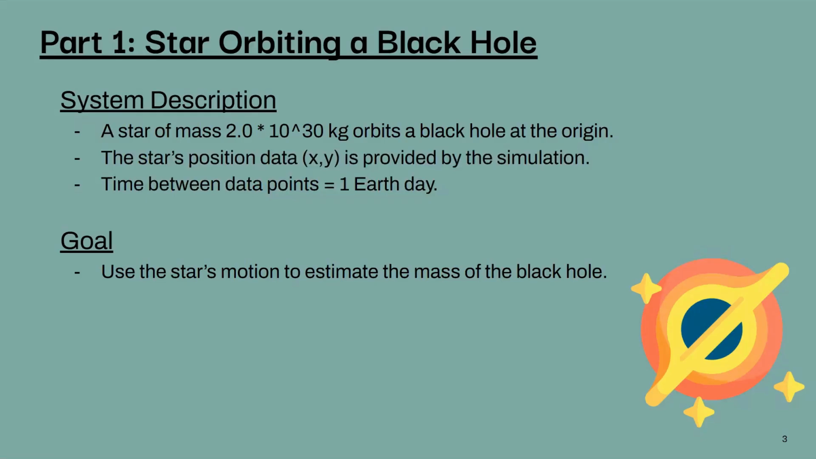In part one, a star with a mass of 2 times 10 to the 30th kilograms orbits a black hole located at the origin. The simulation provides the star's position coordinates at different times. The time between each observation point is 1 Earth day. Using this motion data, the goal is to estimate the mass of the black hole responsible for the gravitational force acting on the star. Because the star's trajectory is curved,